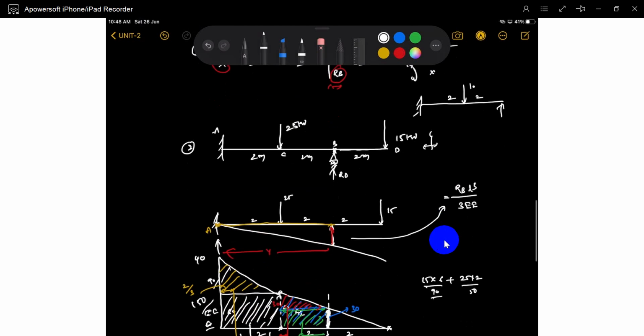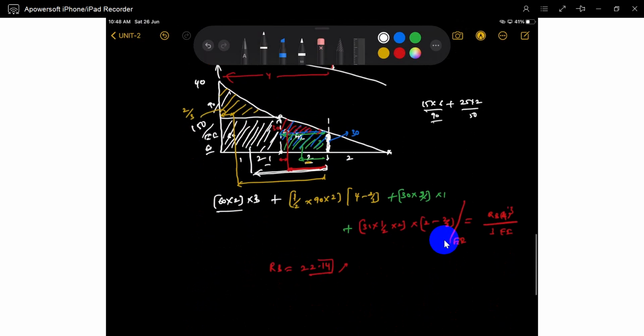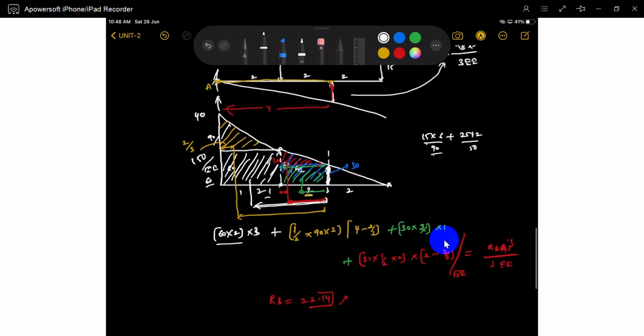And also if you want to go through another method. Sir, what is another method? The conjugate beam method. You can directly write the conjugate beam and find out the deflection. Sir, is this conjugate beam too difficult? Too difficult means not difficult, to find out each area. In the conjugate beam method, each area, total area, and also find out the deflection, that is slope, bending moment. In conjugate beam, you have to find out the bending moment at this location, that is the deflection. So to find that bending moment also needs some calculations.